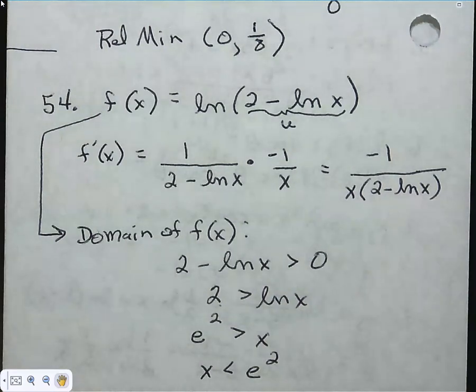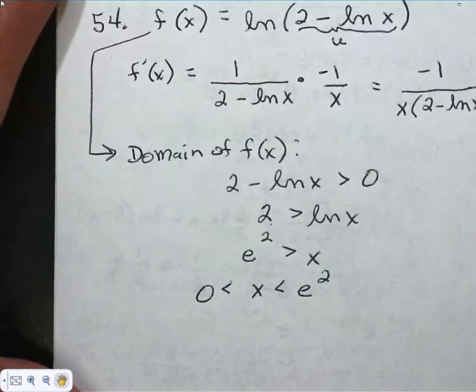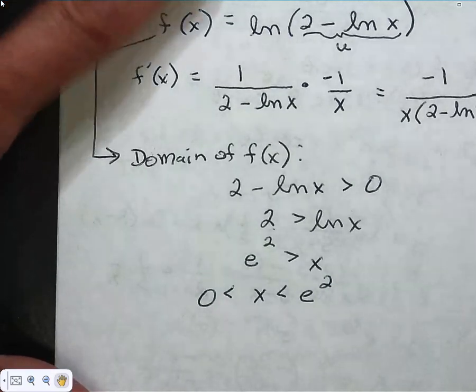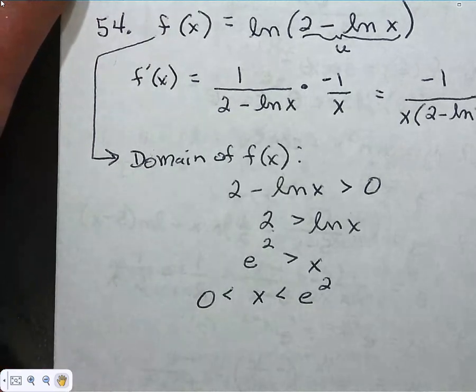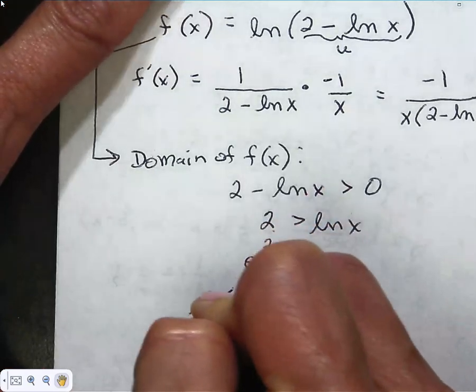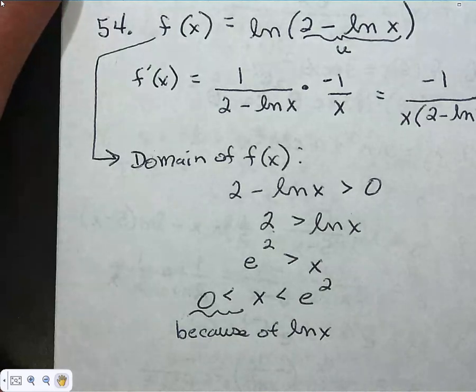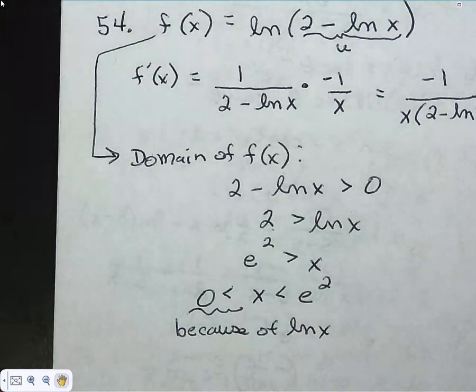But what else did we say? It has to be less than e squared, but also greater than 0. I'm trying to think how to write that. I'm going to say, because of the natural log of x in the original function. So x is only between 0 and e squared. If I want to say where the function's increasing, where it's decreasing, I'm not going to have a negative infinity and a positive infinity because this function's only defined from 0 to e squared. Now, on that interval,